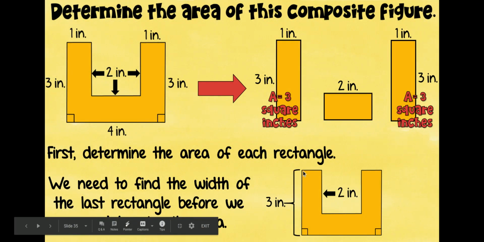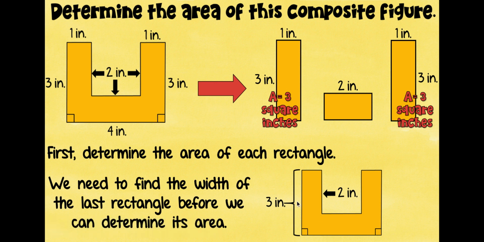So if we have 3 inches at our longest part and we cut off 2 inches from that, what do I have left for the height of my middle part? 2 plus what is going to add up to 3? Or 3 minus 2 would get us